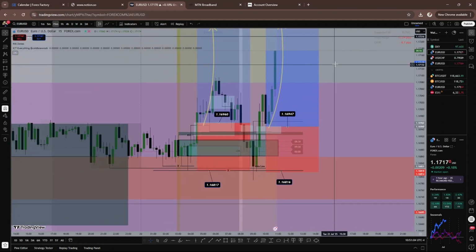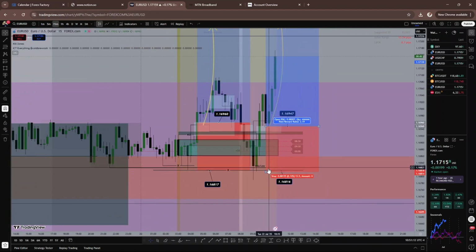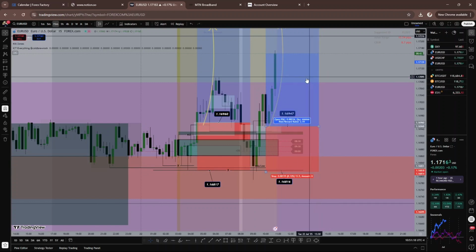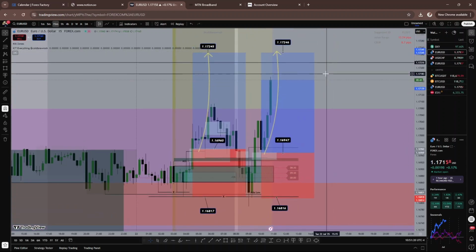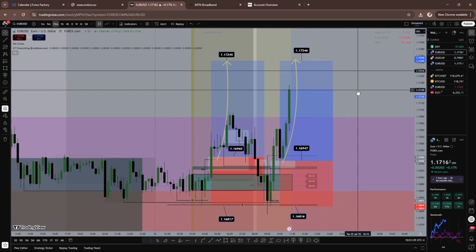One thing about price is, once price has done this manipulation down here, especially in the New York session, which is the last session, most of the time there's nothing that is likely to stop price from getting to the target. So let's just hope this goes well and I'll update you on how everything went. All right, so peace.